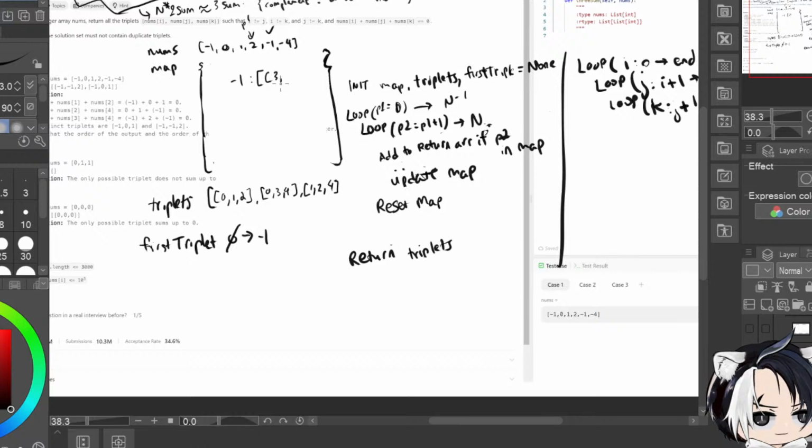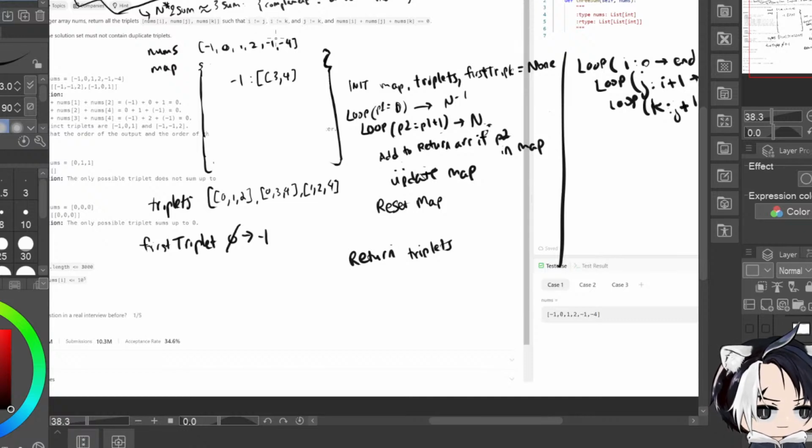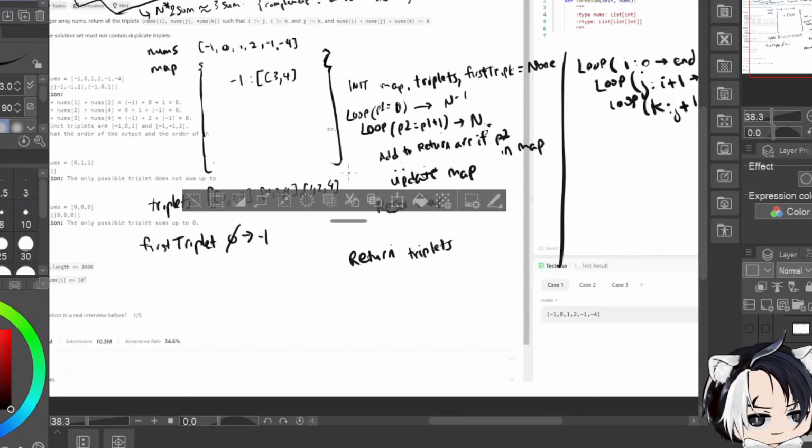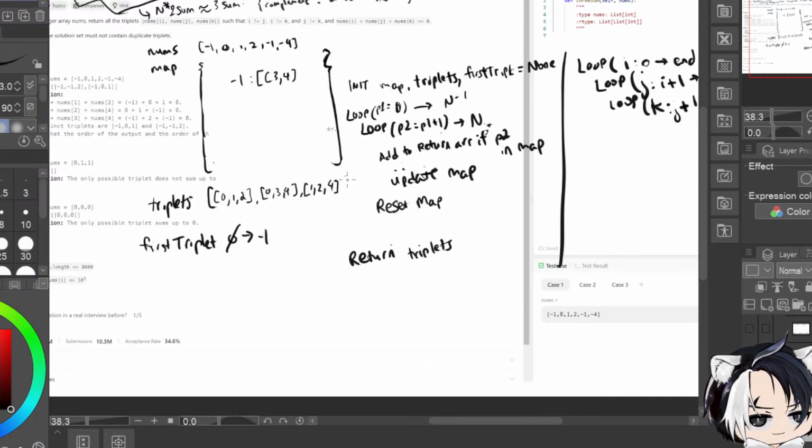Okay, that's 3, 4. Then we have 4. That's not it. So continue. 1, 2, and then we end the loop. Perfect. And now, so we can say we have triplets. These are the only triplets that we have. And we return, so 0, 1, 2, 1, 2, perfect, and 0, 3,